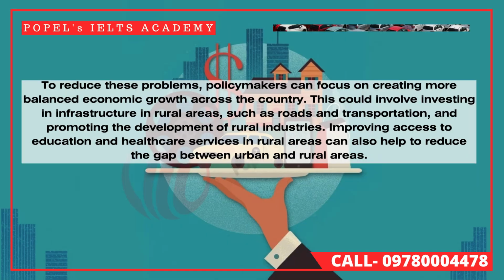To reduce these problems, policymakers can focus on creating more balanced economic growth across the country. This could involve investing in infrastructure in rural areas, such as roads and transportation, and promoting the development of rural industries. Improving access to education and healthcare services in rural areas can also help to reduce the gap between urban